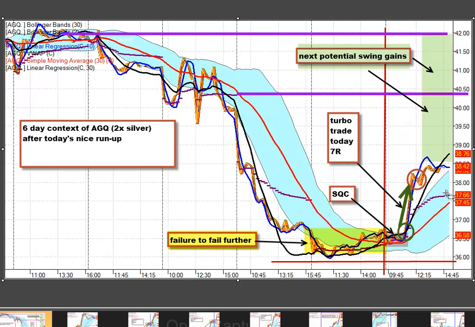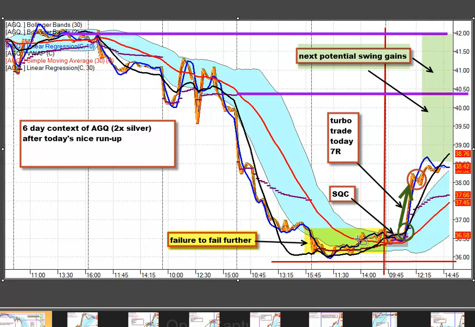So that's in retrospect what this looks like: a swing trade frame, a harsh sell-off, a day of sideways quiet channel, which I interpret as failure to fail further. It held support north of 36 in AGQ. We get the start of the day with 90 minutes of sideways quiet channel, and then it breaks out. So bang on it with a tight stop, and you luck into two good moves and had a nice re-entry in here, which comes in around almost 7R for the day, and that 7R is going to fund an overnight swing position with the idea that